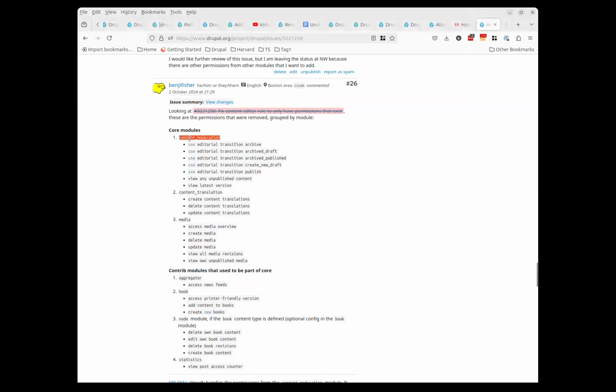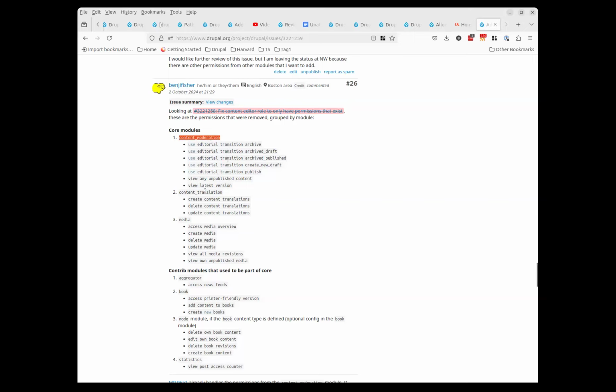For content moderation, there's already a recipe, the editorial workflows recipe, that has that optional configuration in it that creates the standard workflows. That's the one I started with. And in that recipe, I say, if you're going to create the workflows, also add permissions for those transitions to the content editor role.